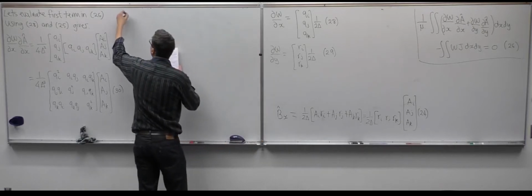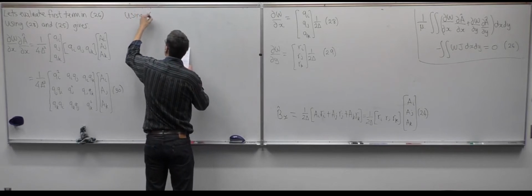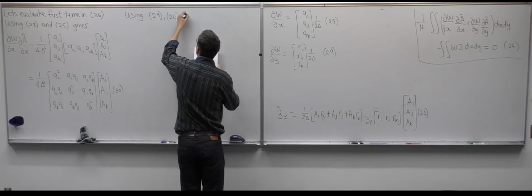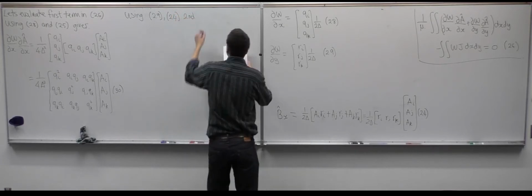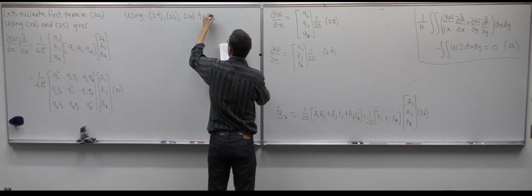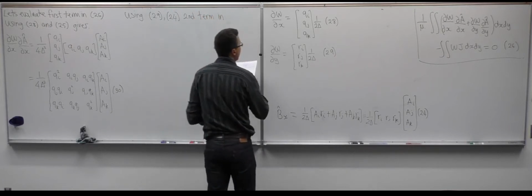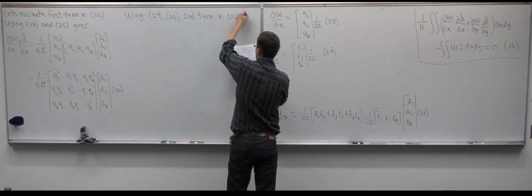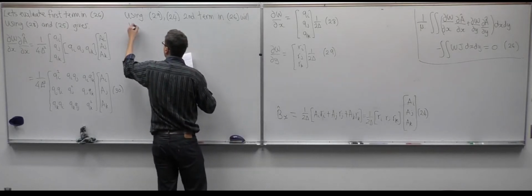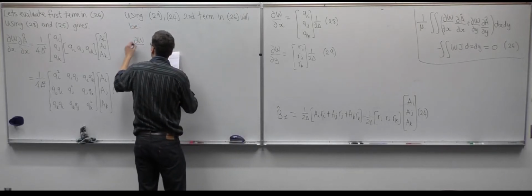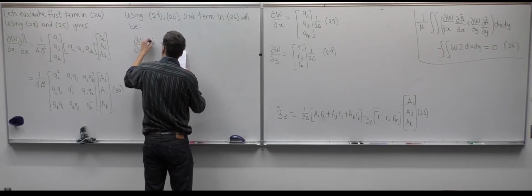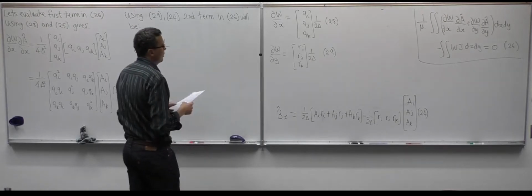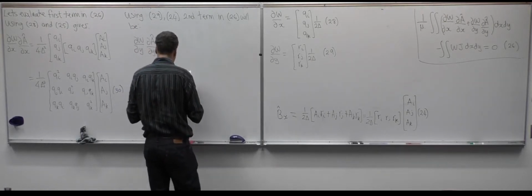So using 29 and 24, the second term in 26 will be, so we have del W del Y, del A del Y. So again, we get 1/4 delta squared,